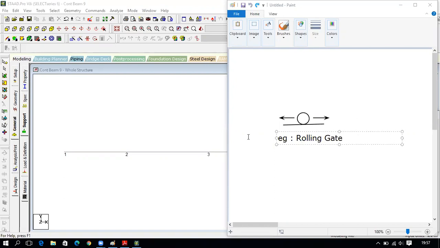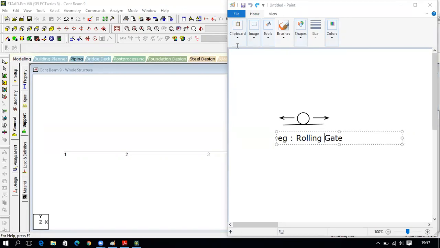It will move horizontally. But in the z direction, it won't move towards you. Only it will move in this direction. It will not move vertically.